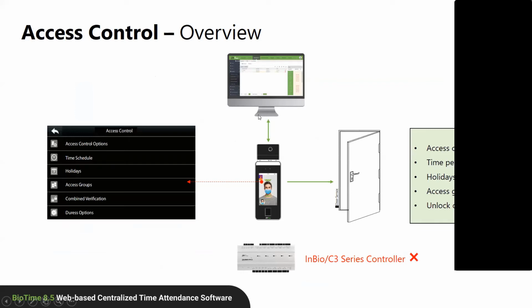And then the access control module, which is a simple access control module. You can connect all the standalone devices to this module. Based on the license which you have purchased, whether it's 2 or 3 or 4 doors, you can add from the system, and it works as a standalone access control. You can set different time schedules, access control options like holiday settings, any access group defining, or making any unlock combination.